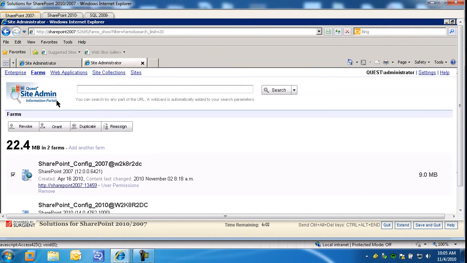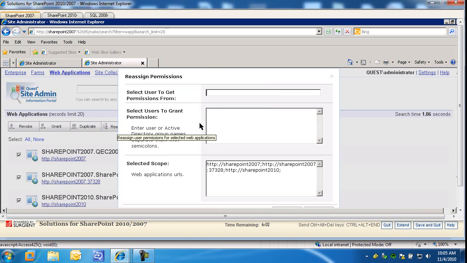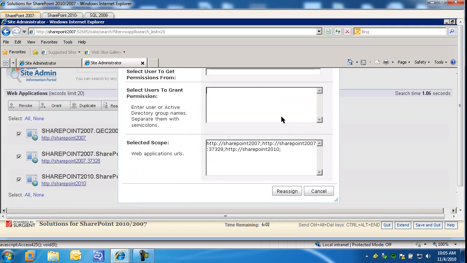If I want to, say, grant permissions at the web application level, or I want to reassign permissions at the web application level, someone is taking over the position for someone else, I'd come here and again, very similar to the farm node, highlight the web applications of interest. Maybe I want to revoke permissions, maybe I want to reassign permissions, give one user same access as an existing